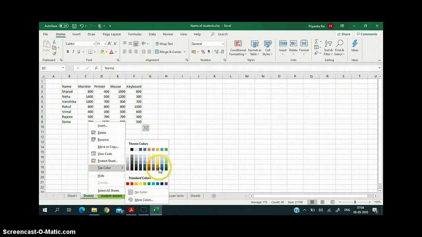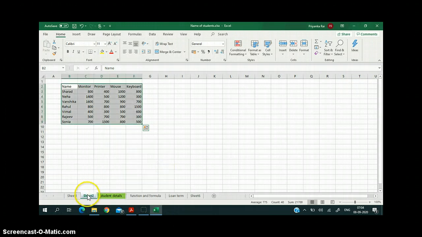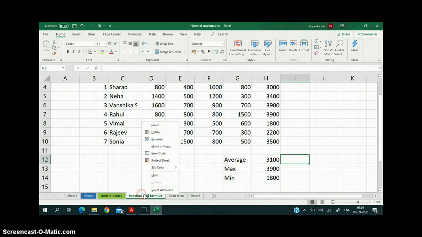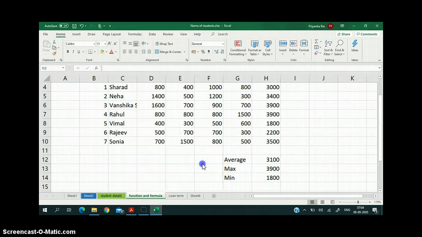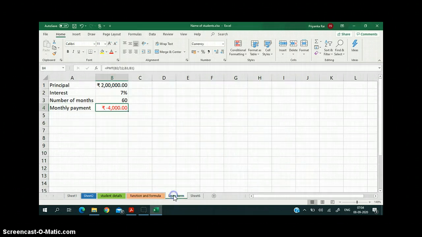I want to change the tab color to blue. Now this has become blue. The selected sheets have been changed to different colors. This is changing a worksheet tab.